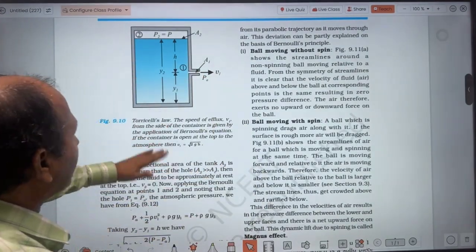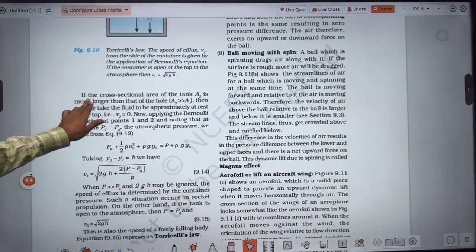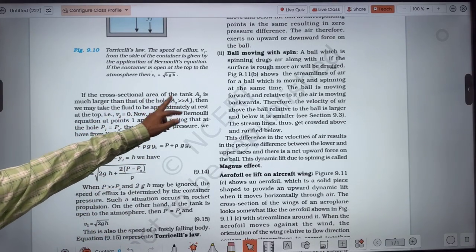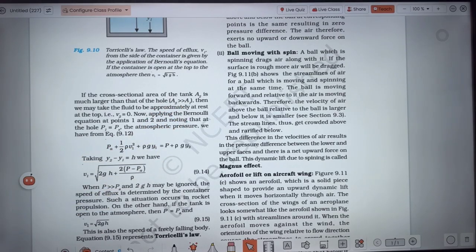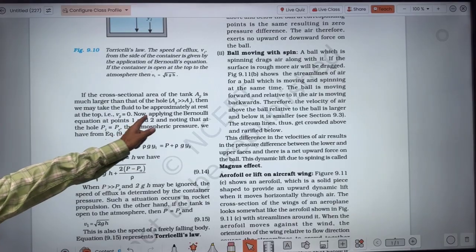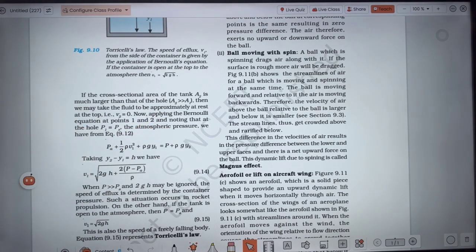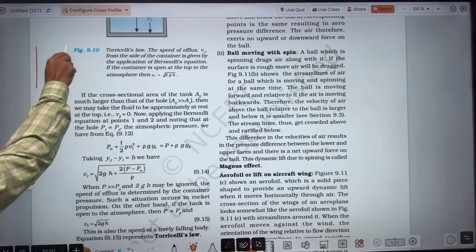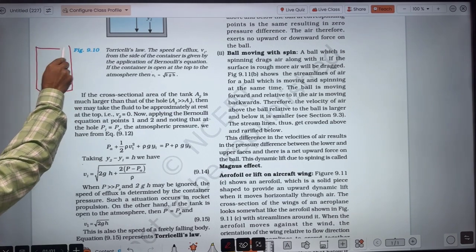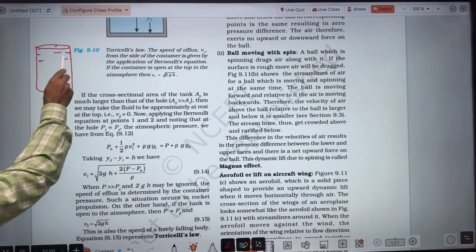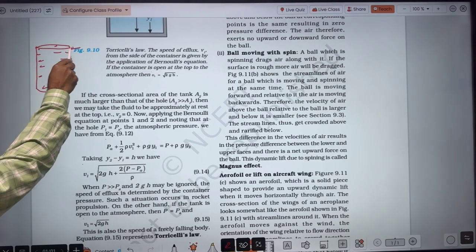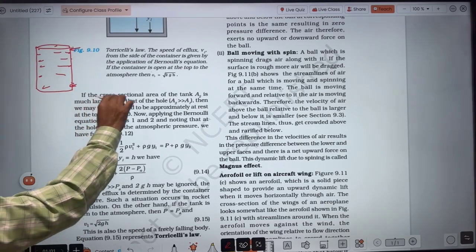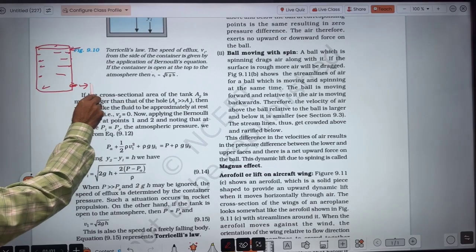Here it is clear, the same thing that we have already discussed. If the cross-sectional area of the tank A2 is much larger than that of the hole A1, then we may take the fluid to be approximately at rest at the top. What does this mean? This can be understood like this: suppose you have a tank filled with water, right? It contains water up to here, right? And you just make a pinhole, a small hole by inserting a pin, then liquid will start coming out with velocity